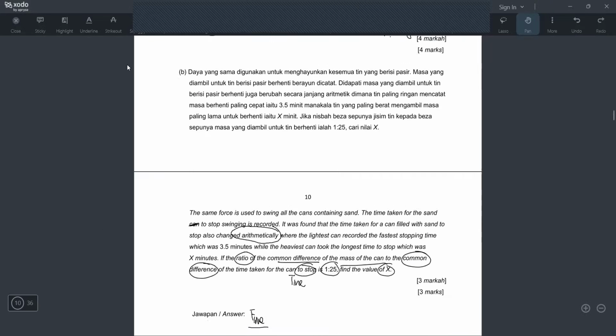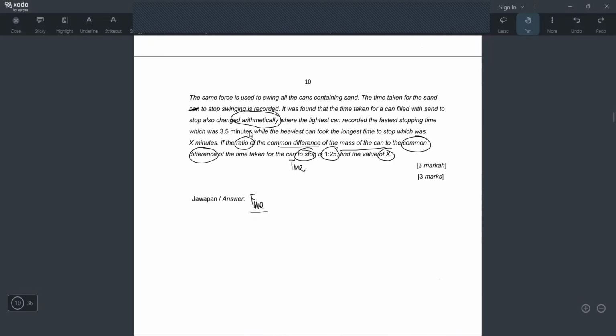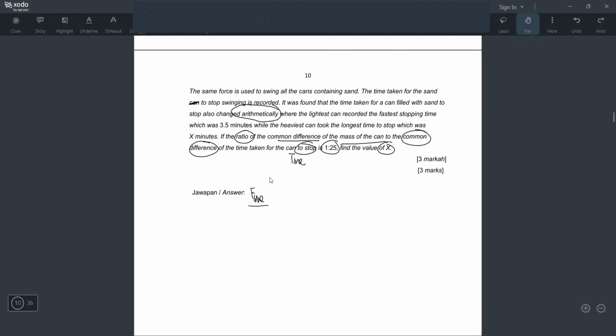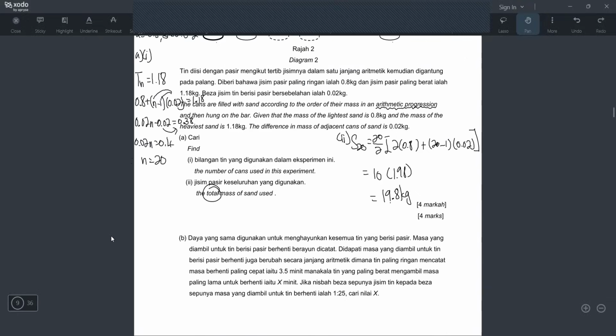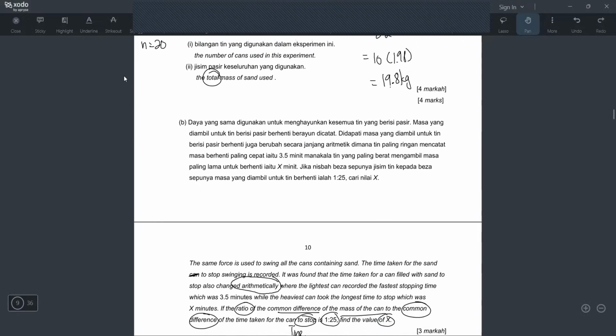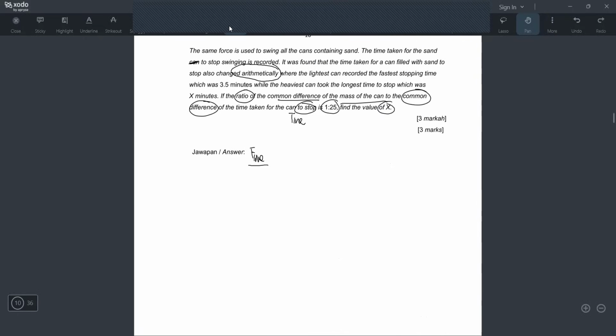okay, wait, how they say it? The time taken is 3.5, while the heaviest can took the longest time. So yeah, if it's lighter, then it will take a shorter time to stop, right? So that's why when the can is 0.8 kg, it only took 3.5 minutes to stop, right? So everything is in minutes now. And then what it says just now, I forgot already. The heaviest is X minutes. So the heaviest one, which is the last term lah, we can make the last term X minutes,